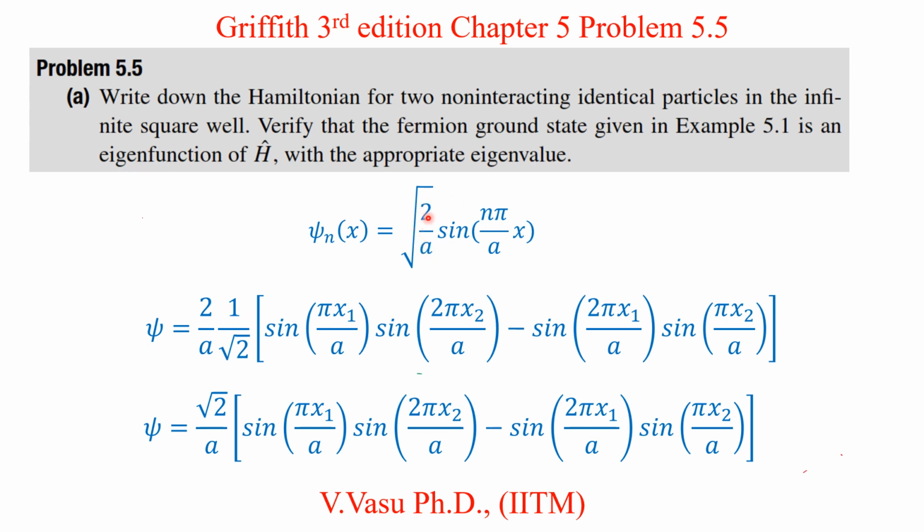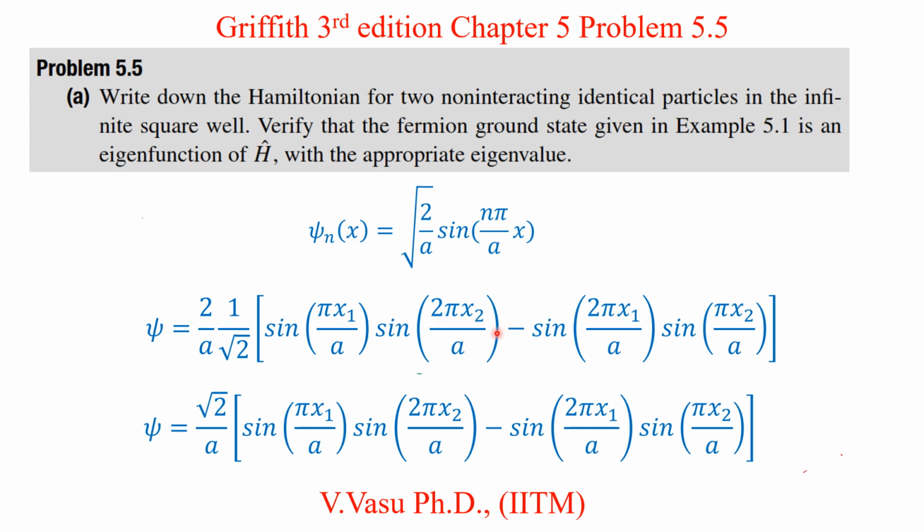square of the normalization constant, which is 2 over a, because we are dealing with two non-interacting particles. The first one, sine pi x1 over a, is the wave function for the first particle with normalization constant square root of 2 over a. So this can be written in the linear combination form: 1 over square root 2, sine pi x1 over a, sine 2 pi x2 over a. This is particle 2 at the energy state 2, the second